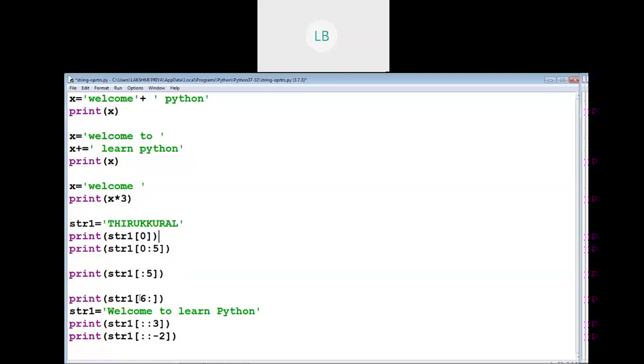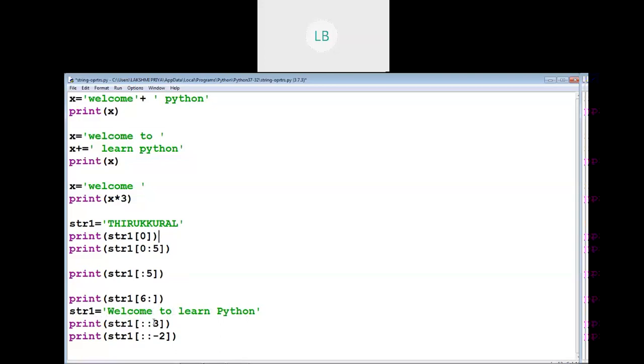And in the next example, the start index is 6. From that character till the last character, all the characters will be displayed. And again, one more string we have, welcome to learn Python. In this, we have mentioned the stride value.